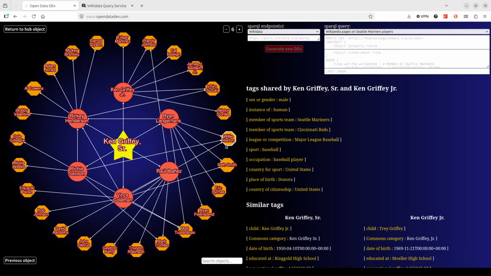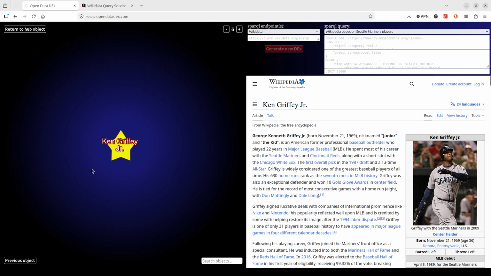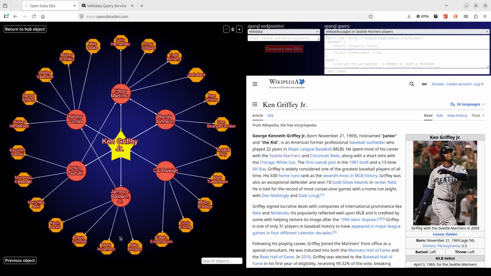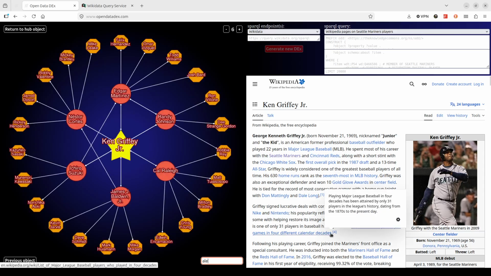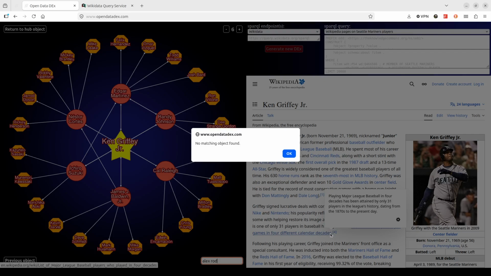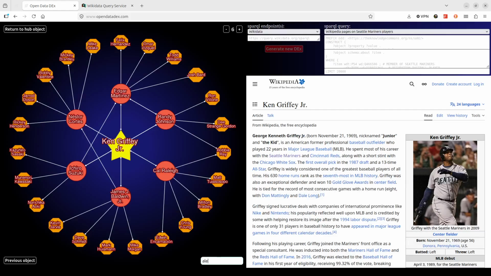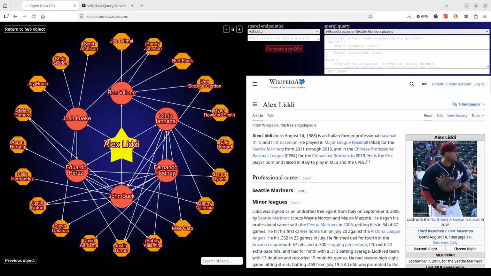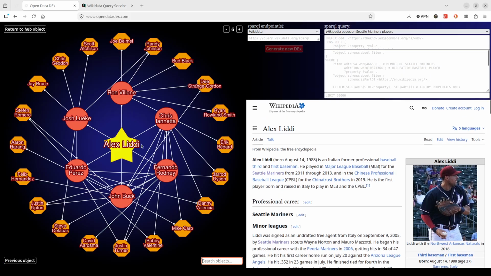One glaring omission I'm seeing, I would have thought with Ken Griffey and Randy Johnson, Edgar Martinez, that we would see Alex Rodriguez, and I'm not seeing him here. Yep, no matching object. If we just look up Alex, yeah, so why is that? Why aren't we seeing Alex Rodriguez in this result set? It could be that we went over the limit and so he's not included, but it's actually a way more interesting reason he's not in here.